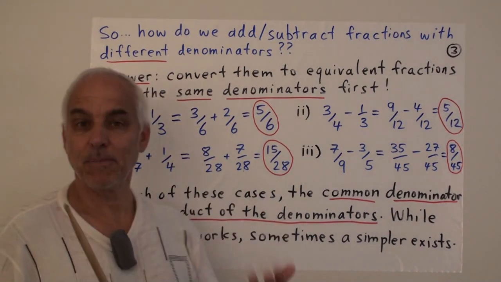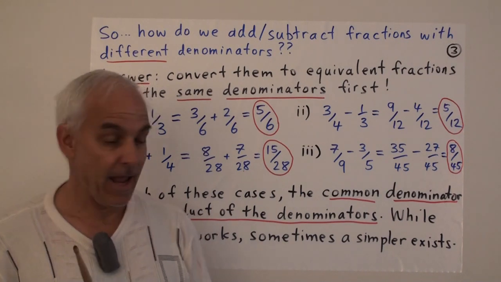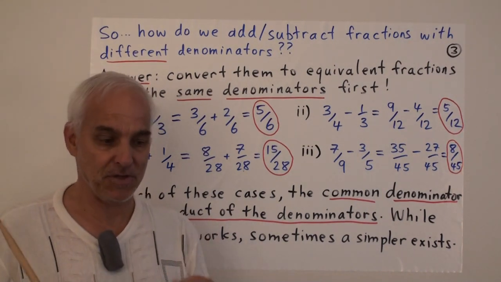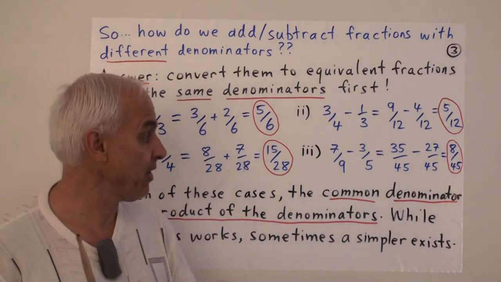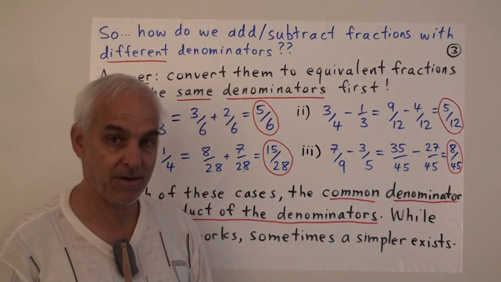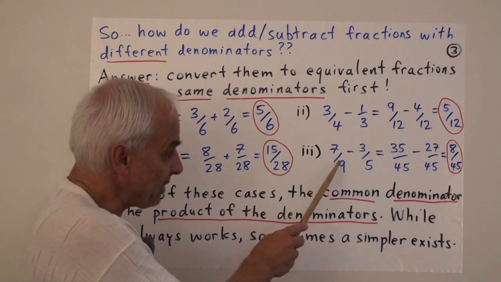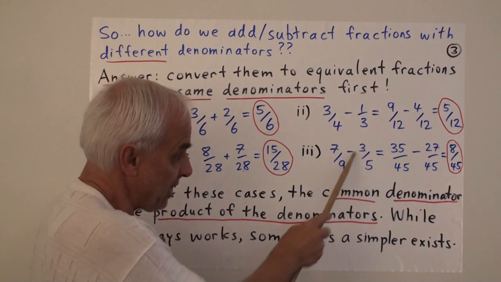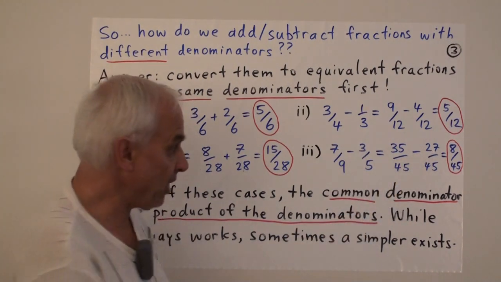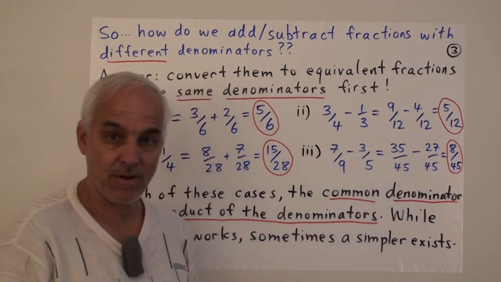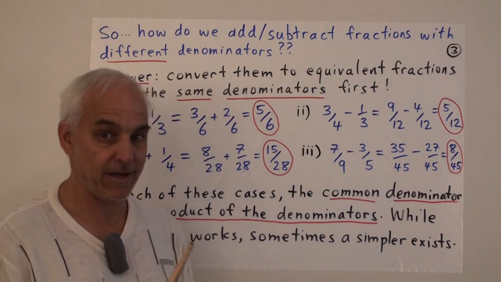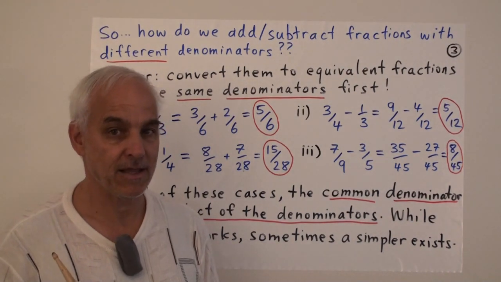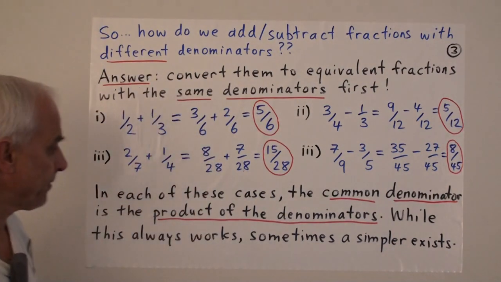So you can see that some multiplication is involved here. And I hope you can see that it's really important to have the multiplication table down so that you don't have to rely on a calculator to make this kind of computation. So we're going to make the computation 7 times 5 is 35, and we're going to ultimately multiply 9 times 3 to get 27. You want to just be able to write these things down without having to go to a calculator and calculate it. Right? So very, very important to memorize the multiplication table.